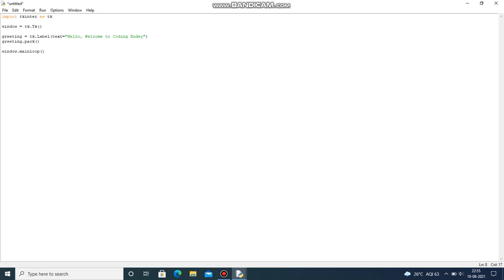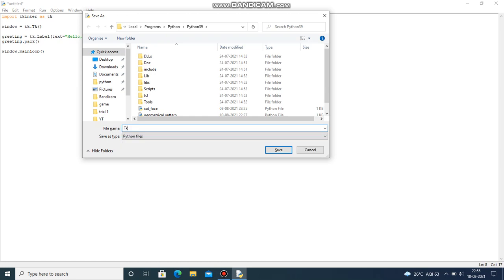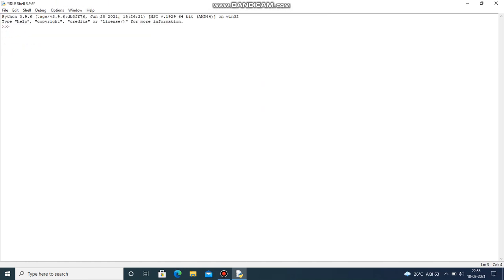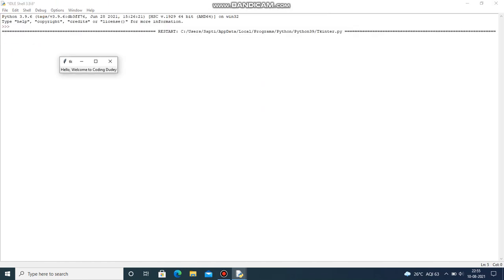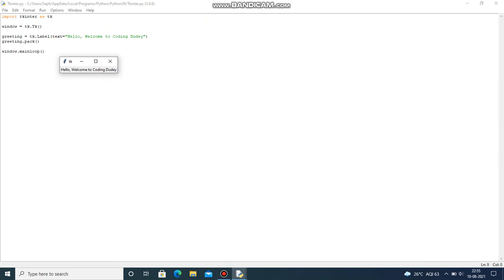Whichever variable we have used for the window, that one itself we have to use as the last line for the main loop. Now let's see how this will look. Yes, you can see that it's a small window with the name tk, and it says "Hello, welcome to coding duty". So this is the first step that we wrote.